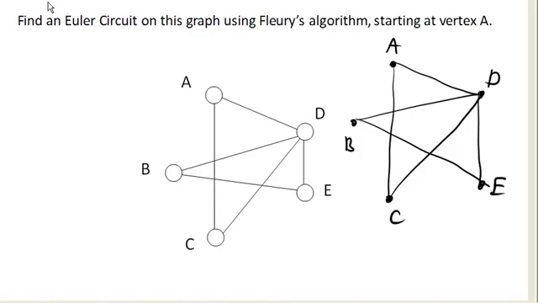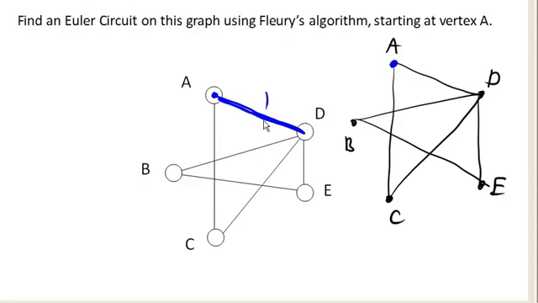The way it works is we pick a starting point. So we just pick any old vertex that we want to start at, and we choose one of the edges that is leaving our current vertex. And we can pick any edge we want as long as it doesn't separate or disconnect the graph. So let's say we pick A as our starting point here, and the edge that we choose is A to D. So A to D is not going to disconnect the graph, so we'll go ahead and add that in